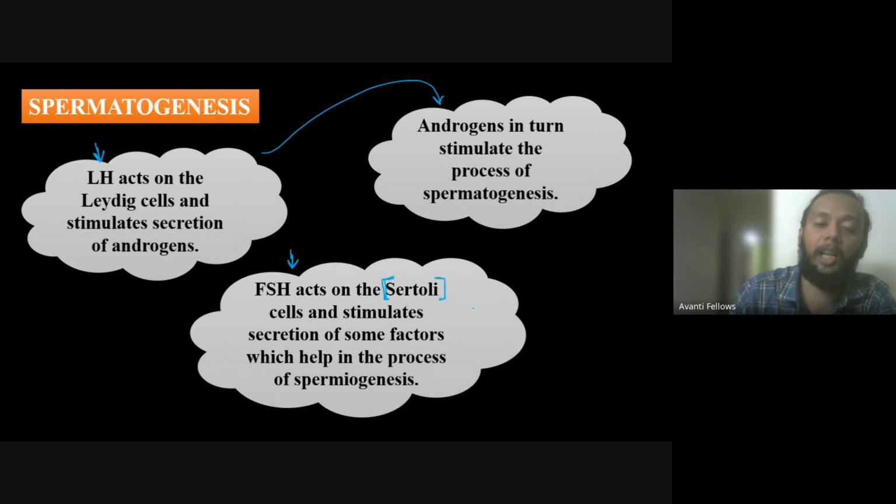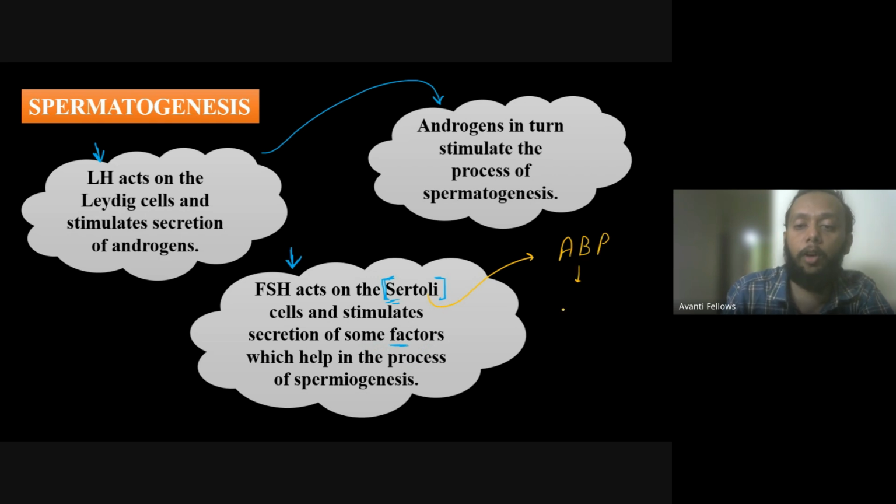ये जो Sertoli cell आपके यहाँ पे है ना, सुनो मेरी बात ध्यान से. FSH आके क्या बोलेगा? It will go and tell the Sertoli cells to stimulate some factors, right? Secretion of some factors. Now, what are those factors? So these factors are called my androgen binding protein. So yaad rakhna, the factors which are coming from the Sertoli cell are called my ABP,